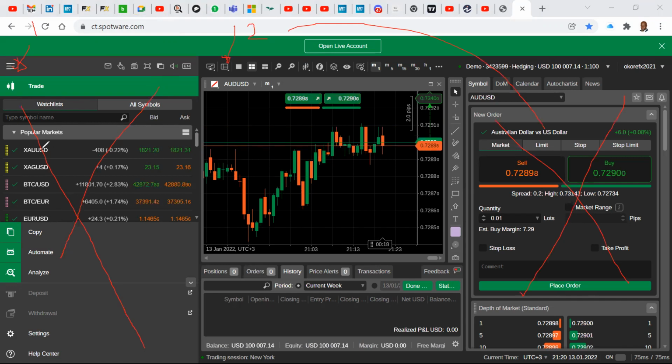But we'll talk about that later. And on the right-hand side is what we call the risk you're taking, the profit targets, and the account size. It's all on the right. Okay, but we don't want those two right now. We just want the basic vanilla platform.